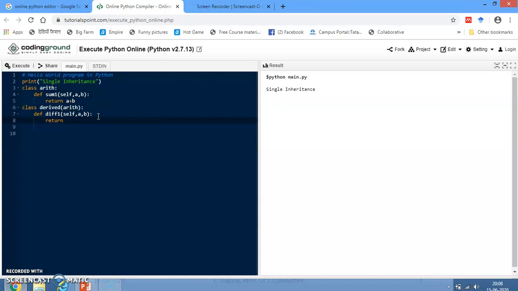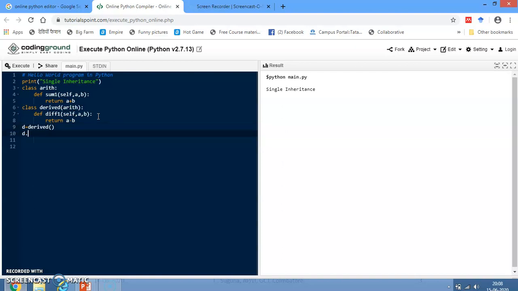Next we return the difference of two values. This is the second method, which is the derived class member. Then to get the result, we first create an object for a class. Here we need to create an object for only one class, the derived class. So create object D for the class derived.